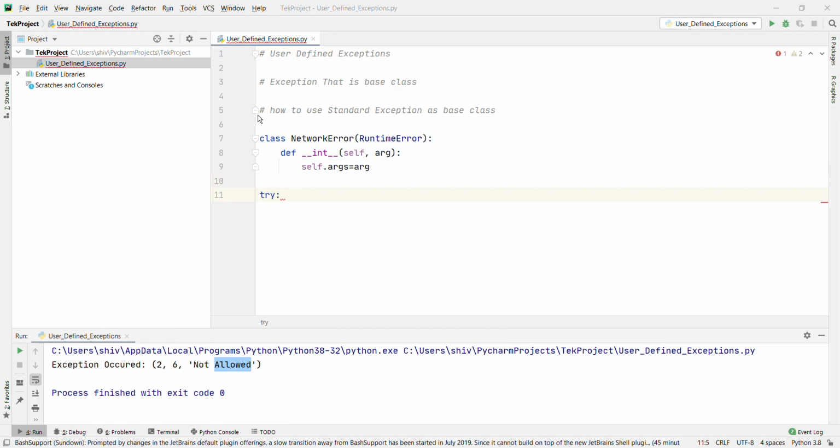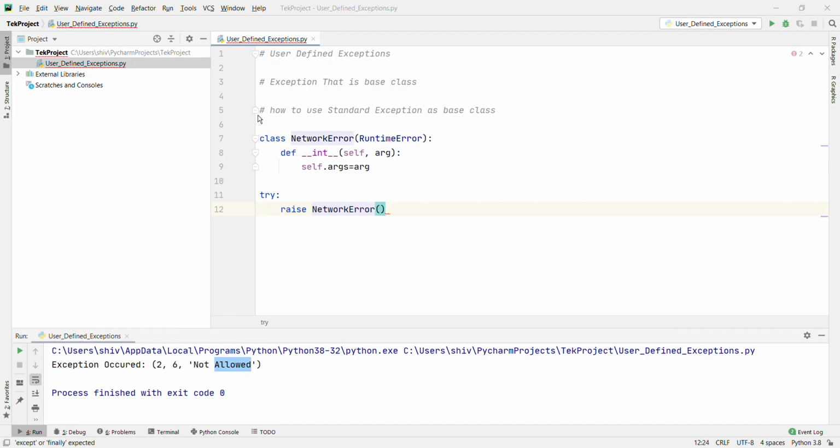Try, raise NetworkError, passing the message error. Now we catch the exception: except NetworkError as error, colon, print error.args.